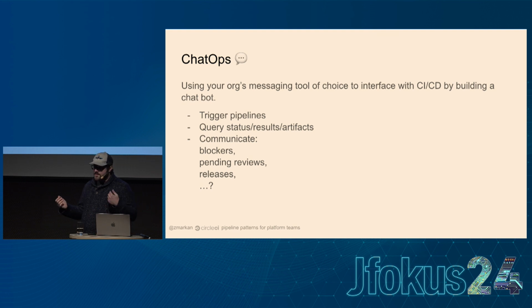So maybe you want to notify your security team that you have a pending security review before you can release. Ping their team on Slack. You can connect that. Maybe you want to trigger builds based on what I just said, like the API pipeline parameters that you trigger to the API. Maybe you want to hook that with your